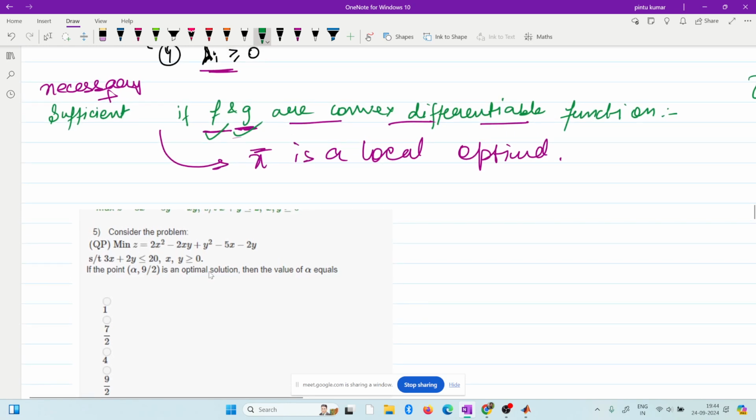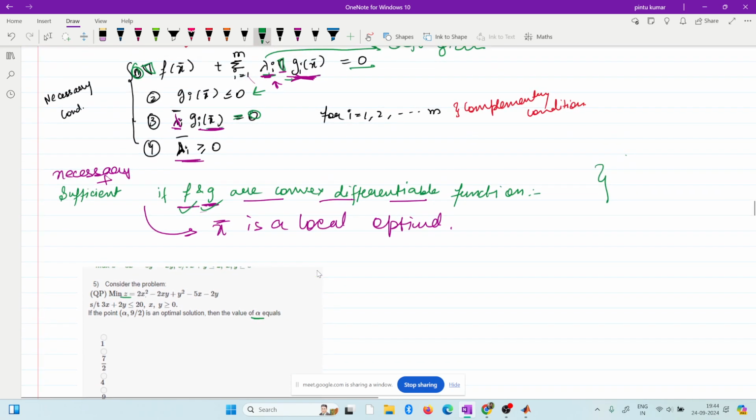Okay, so this is the programming problem that is given to you. Minimize z subject to this constraint. If this is an optimal point, find the value of alpha. Okay, let's try this. First thing that you should check is whether it's a convex problem or not